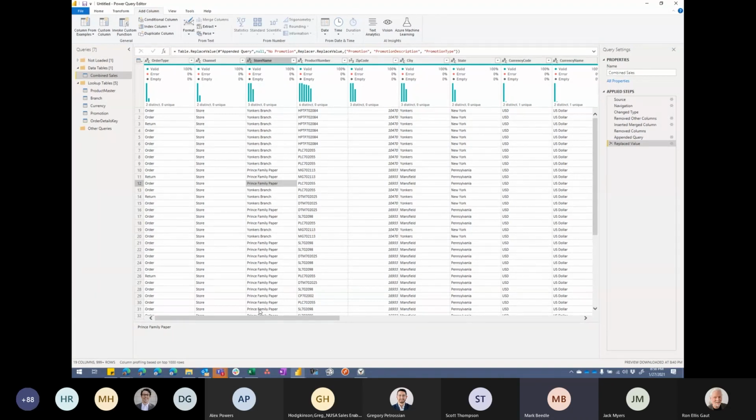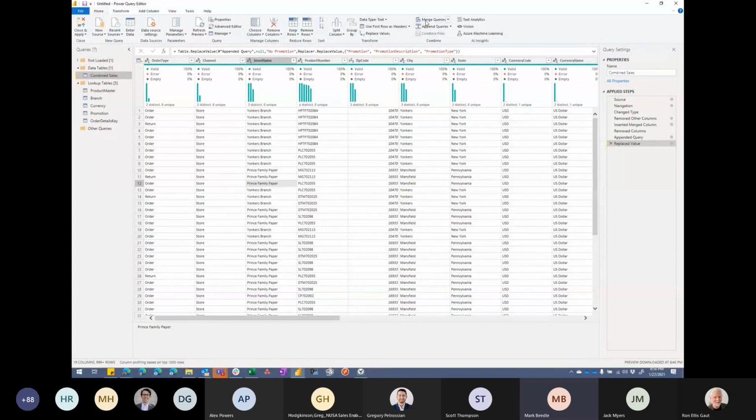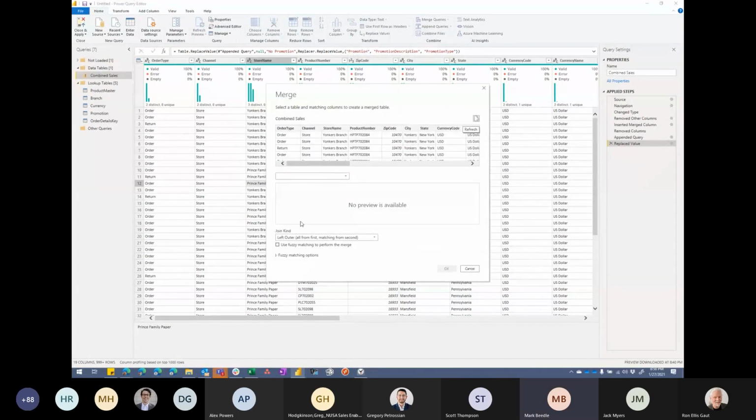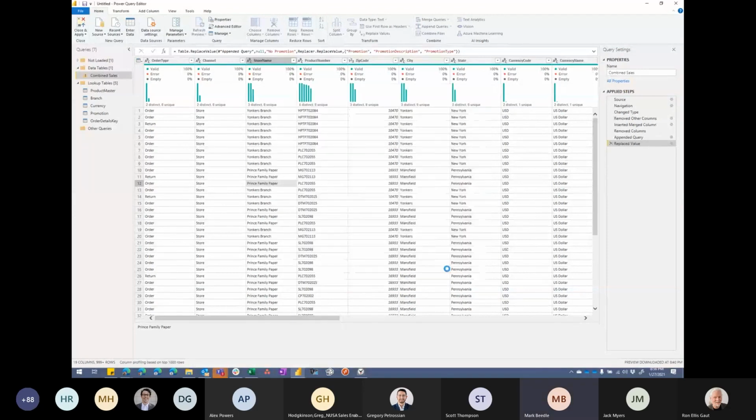So let's do that. Let's do some merging or some vlookups, right? So here I am in my data table. Let's do some merges. Let's merge combined sales with branch. And we're going to match up store name to store name. Click OK.